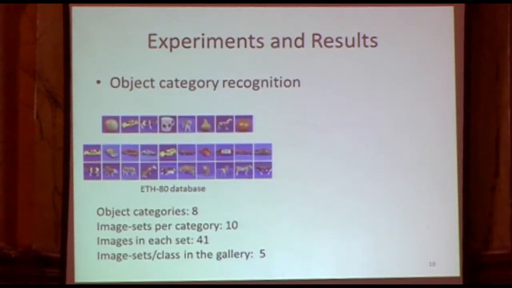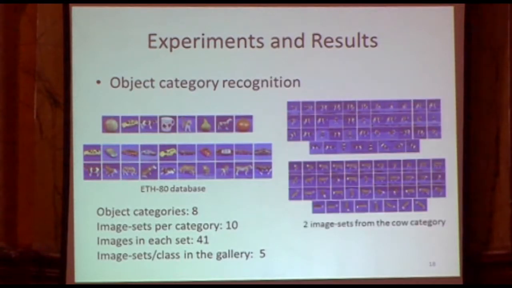For the object categorization task, we use the ETH80 database. It contains 8 object categories and 10 image sets per category, as can be seen in this figure. So these are 2 image sets for the cow category. The sample-based algorithms performed poorly on this dataset because matching individual samples may not